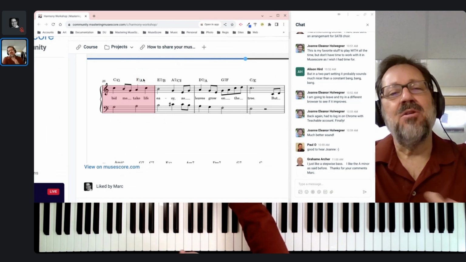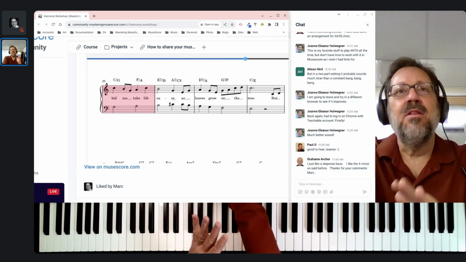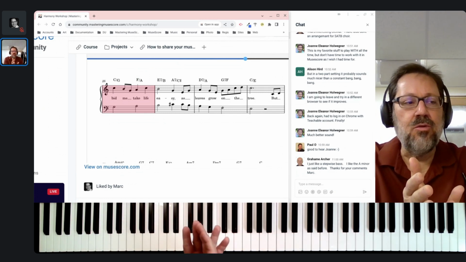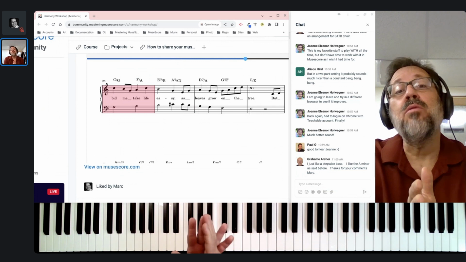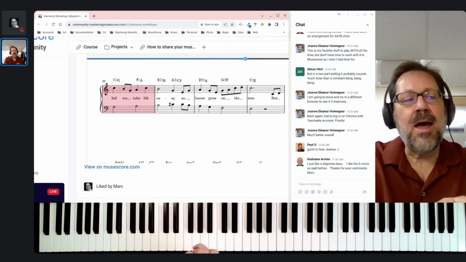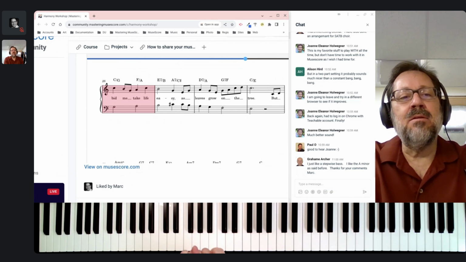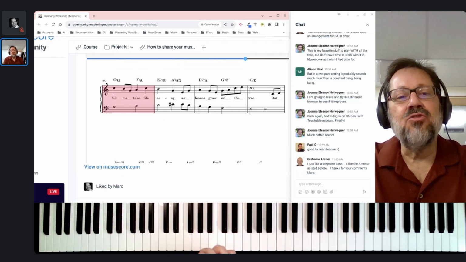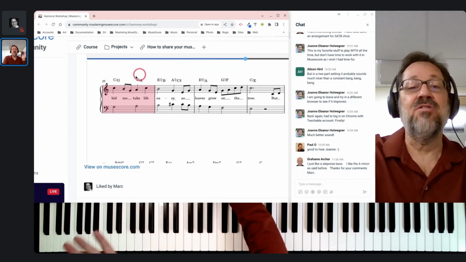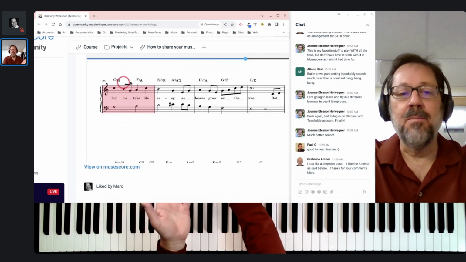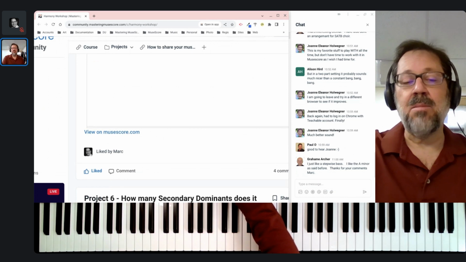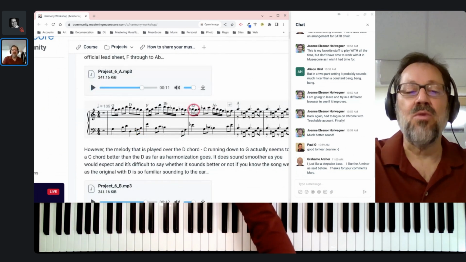The other thing I've mentioned about the whole inversion business is the faster the harmonic rhythm, the more you're going to want to use inversions to smooth out the bass line. And also the more vocal the music is as opposed to instrumental, the more you're going to gravitate towards that. You will find, though, that using inversions in situations where they're not called for weakens the harmony rather than strengthens it. I think this is a great place to use it because it is such a strong linear bass line, and that's one of the places where you do want to use it, when you can create that kind of magic.